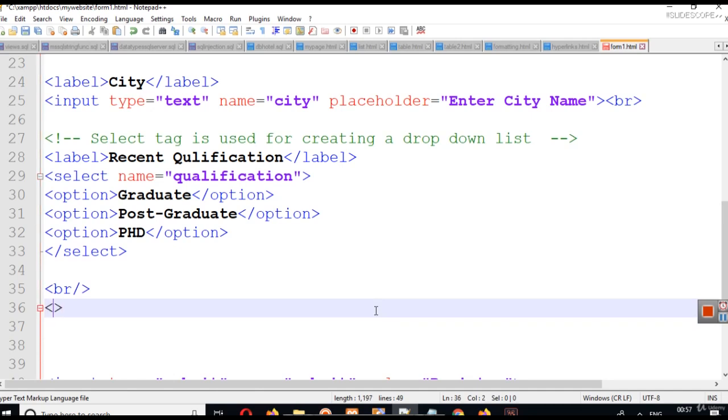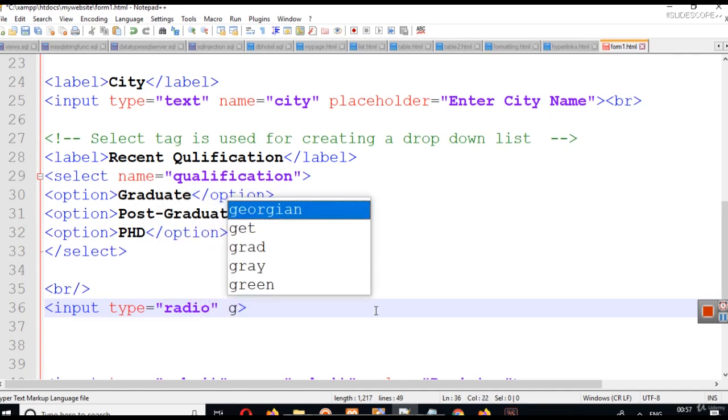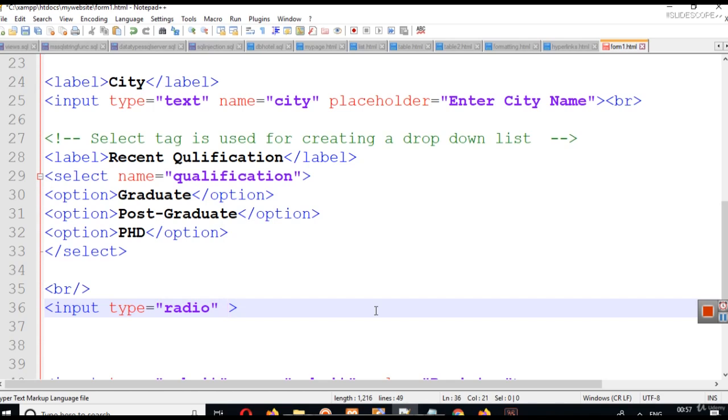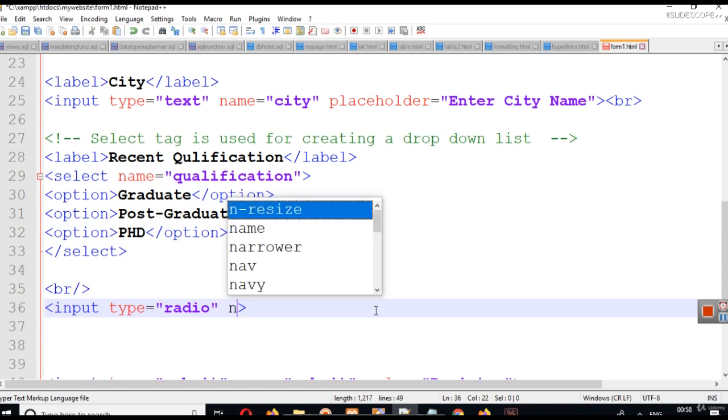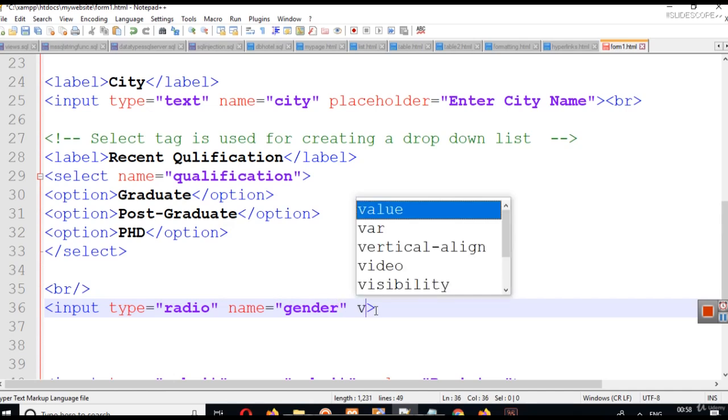Let's say we have another input type here, and input type is equal to radio. A radio button is used when you have a couple or more values, and the person has to select only one value out of the two or three values that we have. An example for a radio button is gender. So I will write input type radio, name is equal to gender, and value is equal to,